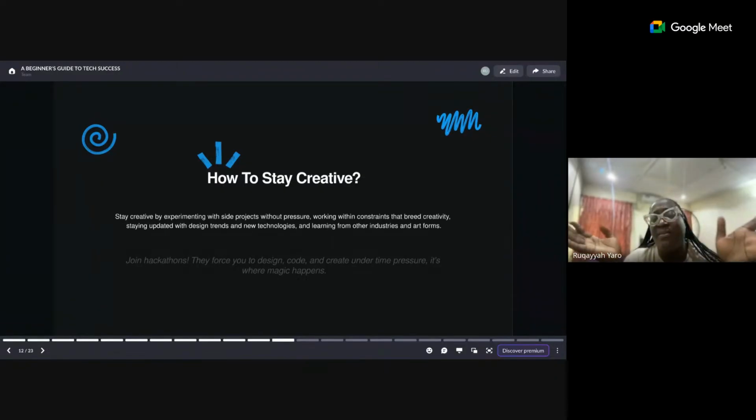Then you can also be creative by staying up to date with design trends and technologies, read articles, attend tech events, talk to other designers that you feel like, oh, they are very, very good. There's a particular designer on Twitter. Her name is Cav, C-A-V. She is the brand designer for Tech Cabal, and she's the one that did Moonshot's conference branding. Now, she comes on Twitter to say, oh, I pick up my inspiration from other places. That's what my last point is about. She picks her inspiration from